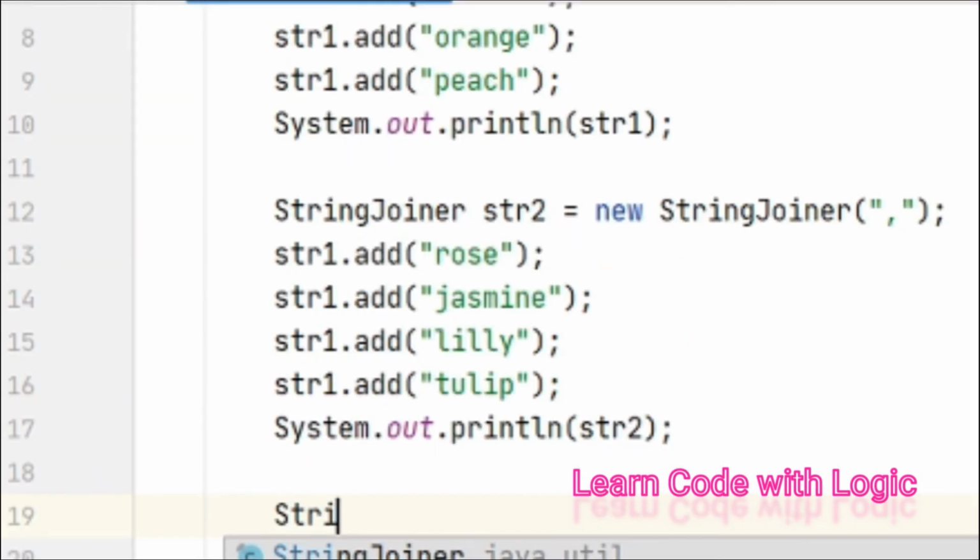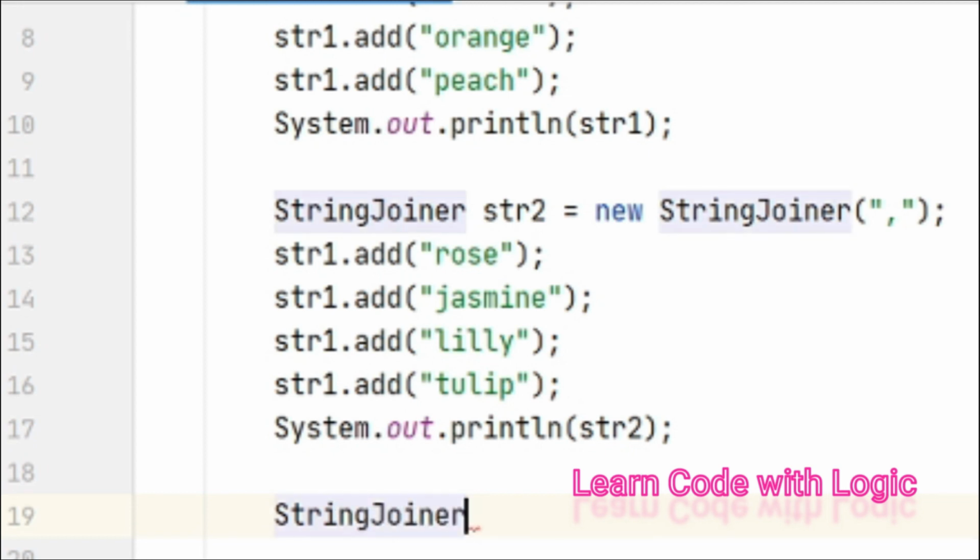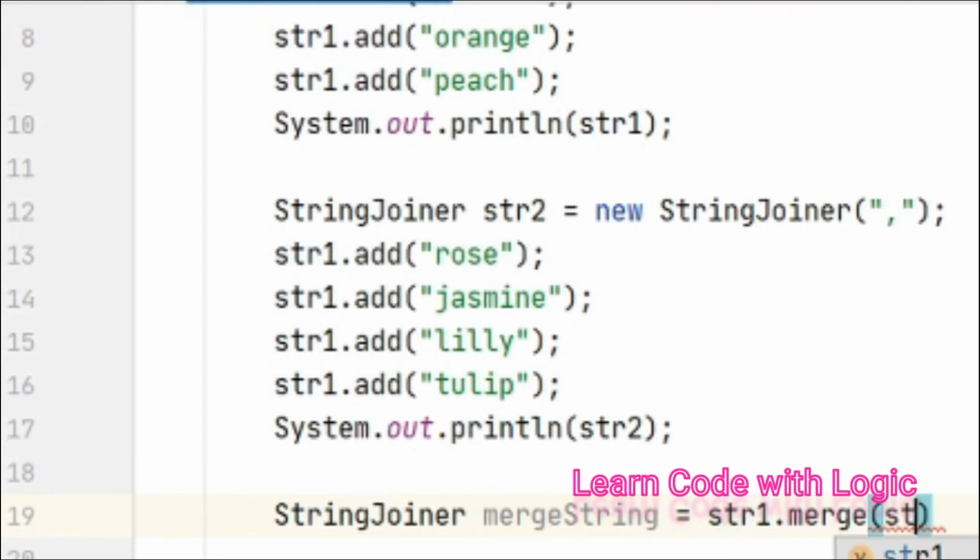Now let's try to merge those objects. StringJoiner merge string equals str1.merge(str2).